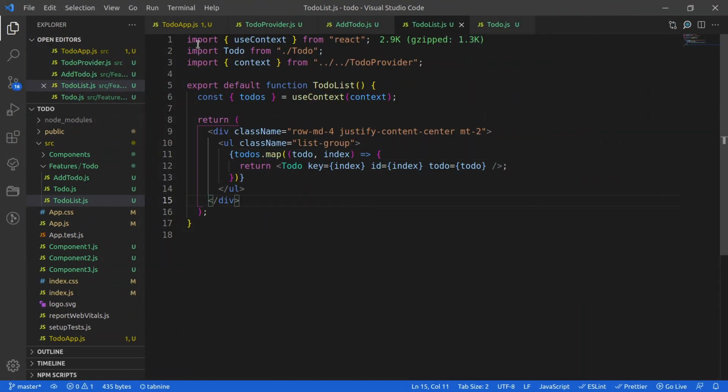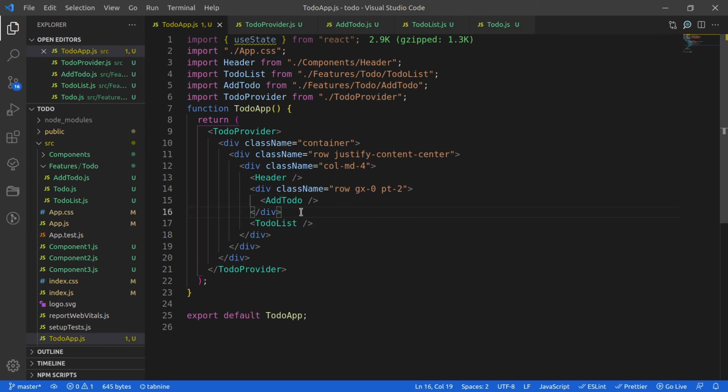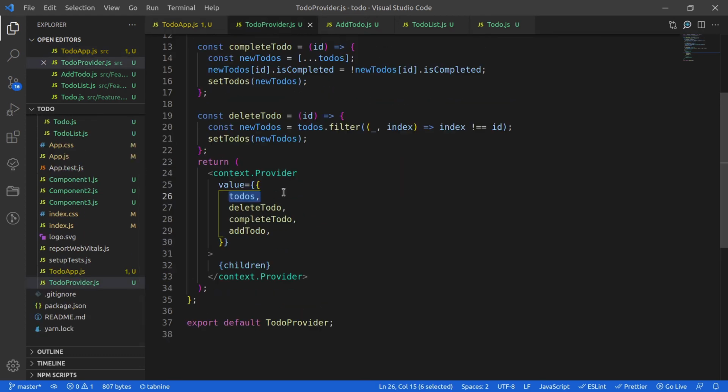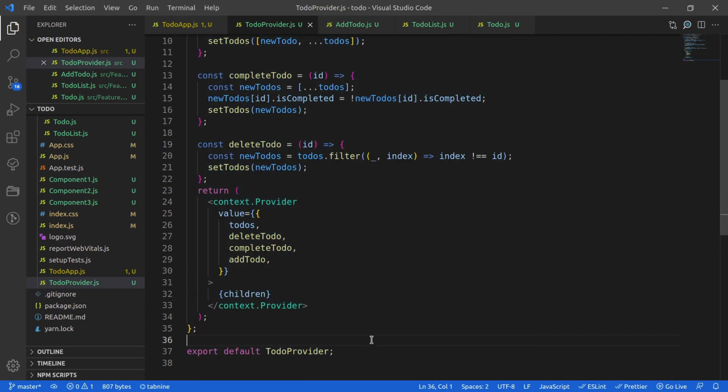So guys, here are few of the learnings that you can see here. What we have done in this application conversion is that we have removed all the business logic from our to-do app component and pasted it inside the to-do provider. So all my business logic is inside this provider, right?